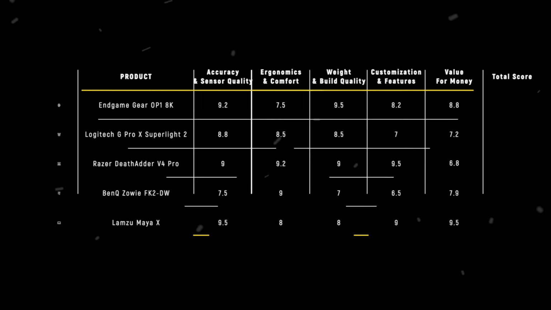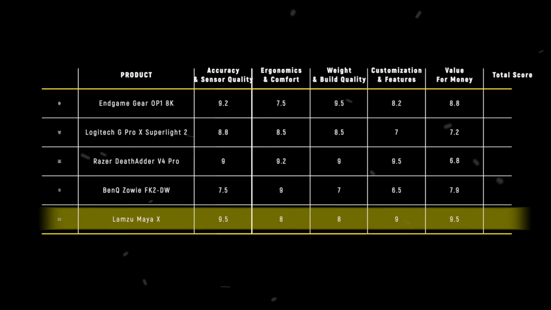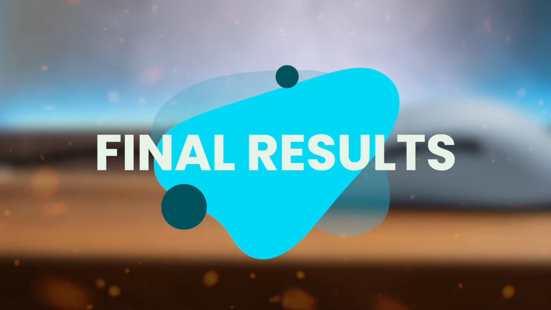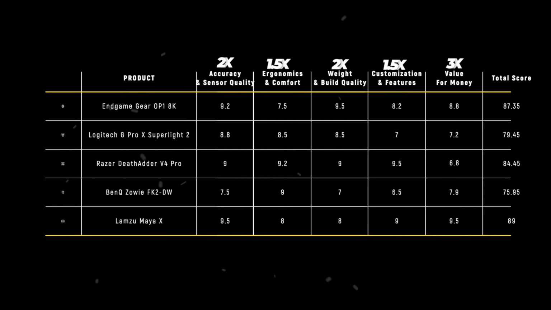With a score of 9.5, the Lamzu Maya X takes the win by delivering a true flagship experience and top-tier technology at a price that doesn't feel like a compromise. The results of our comparison show each product shines in its own way, but the Lamzu Maya X stands out with its score of